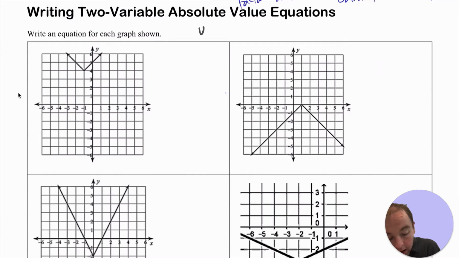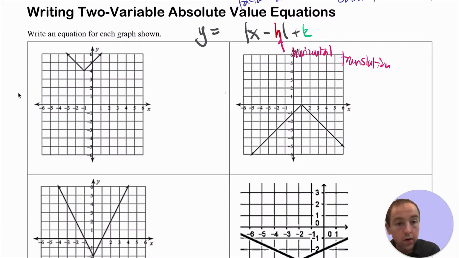So all of these I will write of the form where the y value will be determined by taking the absolute value of x, but we will be able to subtract some h number perhaps, and that h number there is always going to correspond to some sort of a horizontal translation by that number of units. And then we may also add some sort of a constant on the outside right there, which I'll denote with k. And that k right there is really going to correspond to a vertical shift or a vertical translation by